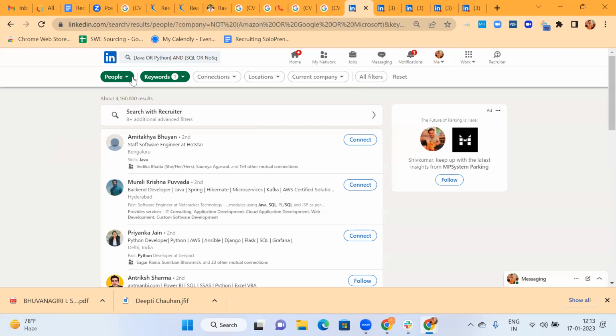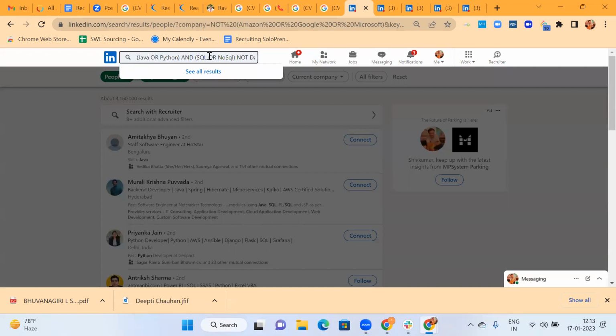But that probability is very less because we are using Java, Python, SQL, NoSQL, and excluding the word data. Here, what we're saying is you give me these things, which are databases, SQL and NoSQL, and at the same time, you don't give me data. LinkedIn is trying to understand, but the probability of a profile having SQL and NoSQL and not having data in their profile is very less.